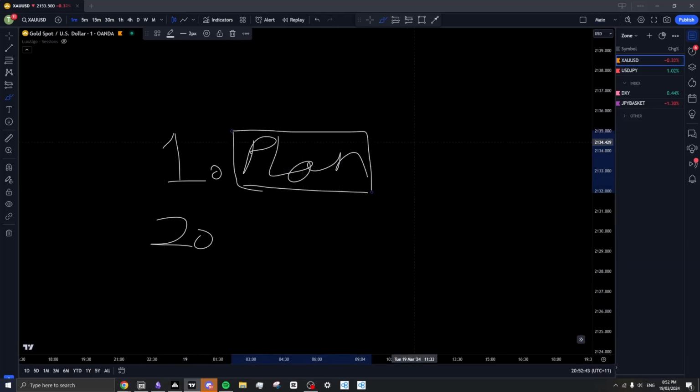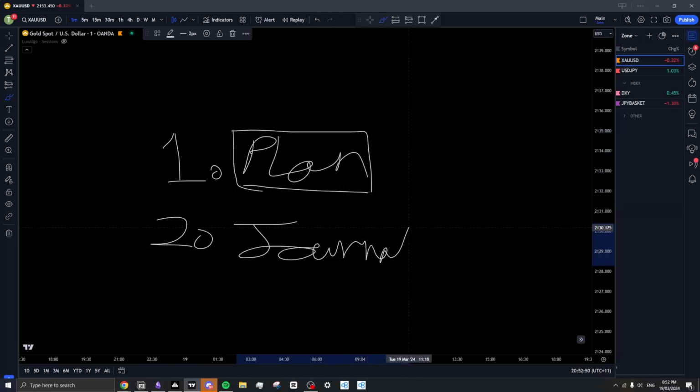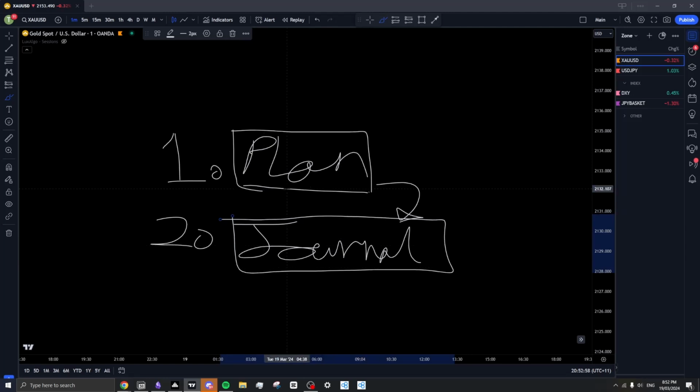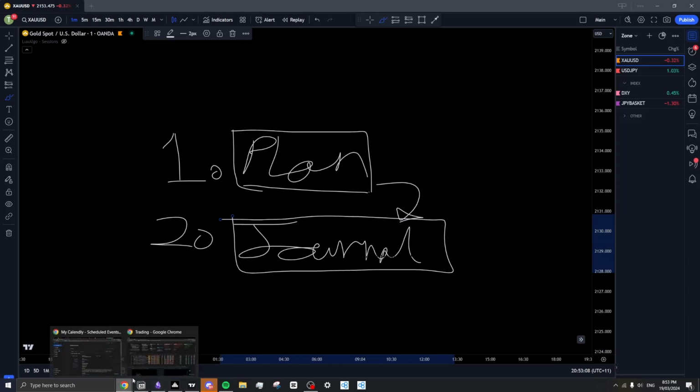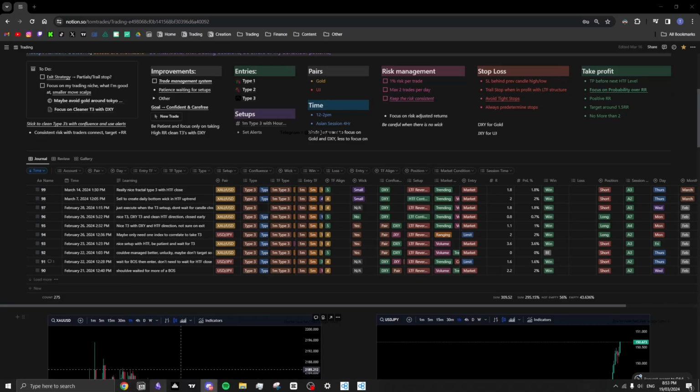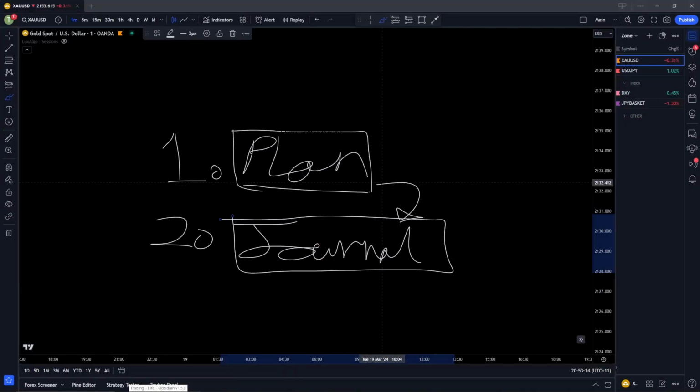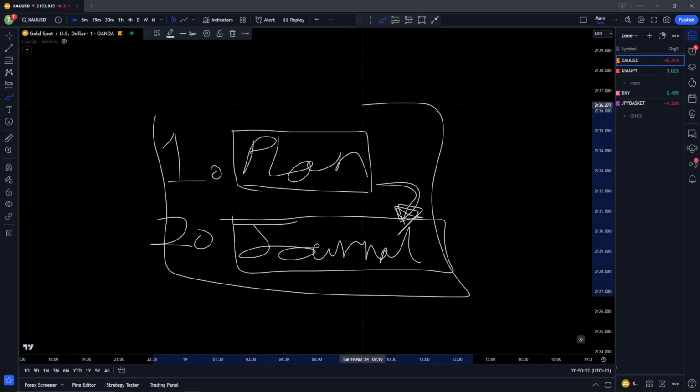It's going to evolve. My plan changes, but it only changes when I have enough information from my journal to create an informed decision backed by some sort of evidence. A lot of the time when I'm changing a plan, you might change it because of an intuitive feel. Maybe if I change something, I have a feeling that it'll be better. That's how I came across that shift, that type 3. But I was able to look back at my journal and back up that decision with data. To make that profitable change with evidence, it needs to be backed by data.